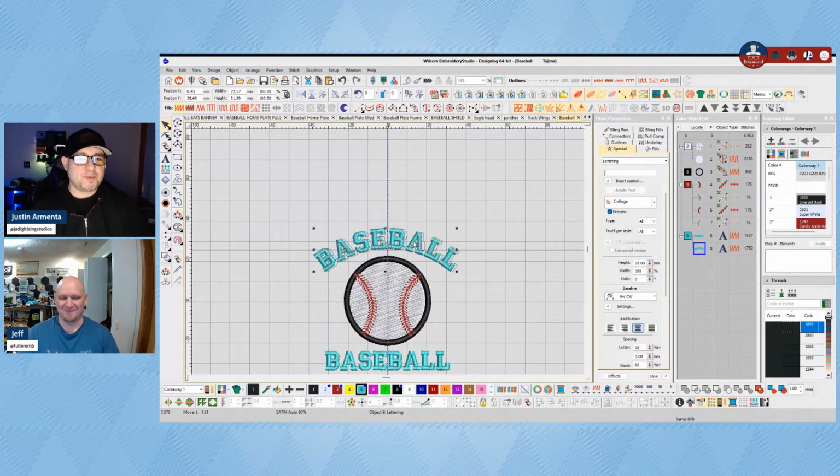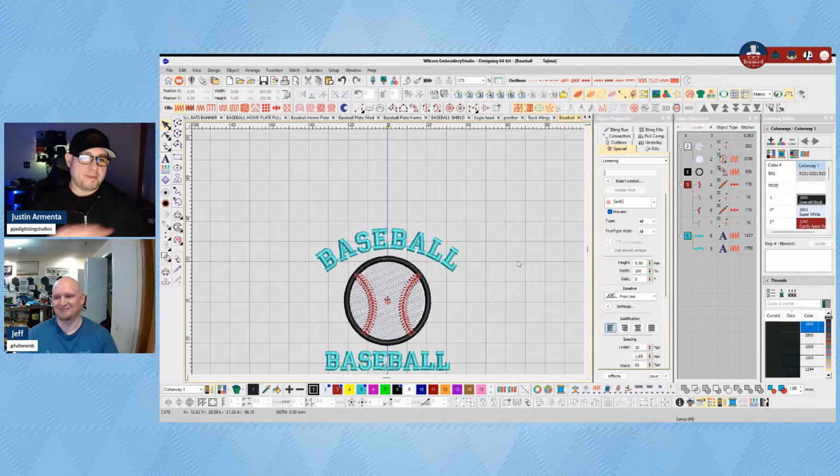Okay, so that's one way of arcing it. Depending on how much you want it arced on the ball, I think something like this, you don't always have to follow the exact arc of an object. I think that looks decent. It gives it some balance where the lettering is similar on the